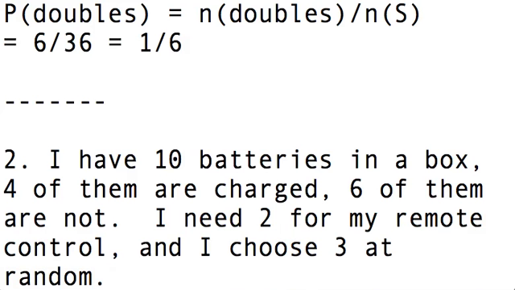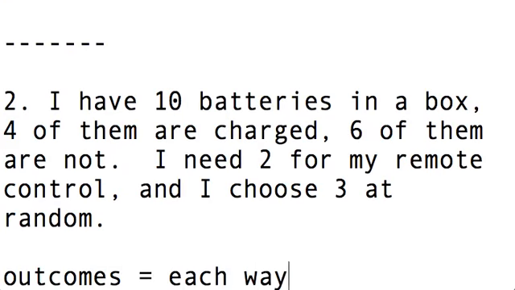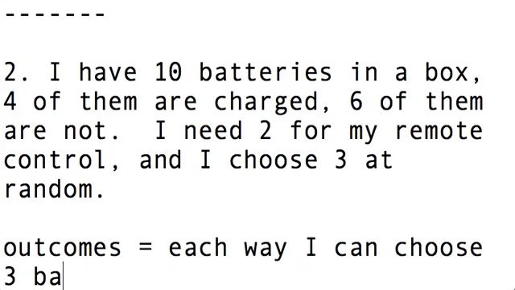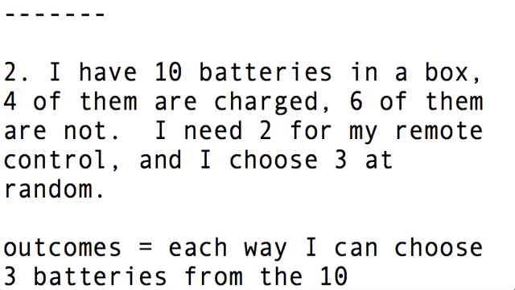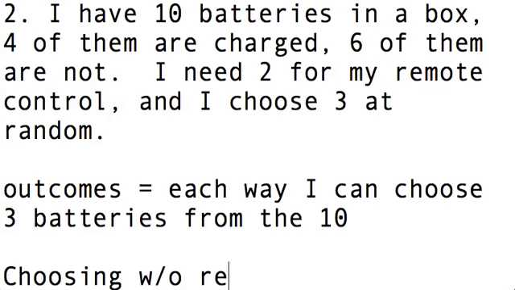So before we get down to counting probability, let's think of what the sample space here should be. And again, we're going to want to use equally likely outcomes here. So what are all the different outcomes? My outcomes should really be each way I can choose 3 batteries from the 10 in the box. Any possible way of choosing that. Now let's notice that we are choosing without repetition, because once I pull a battery out, I'm not going to put it in and take it back out twice,